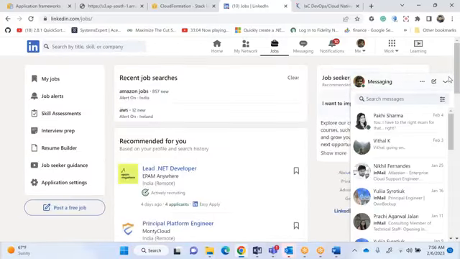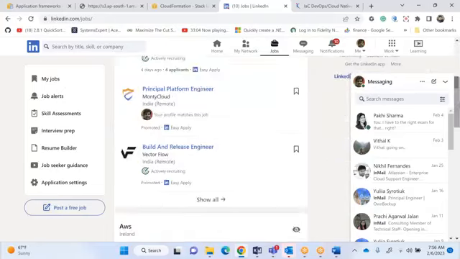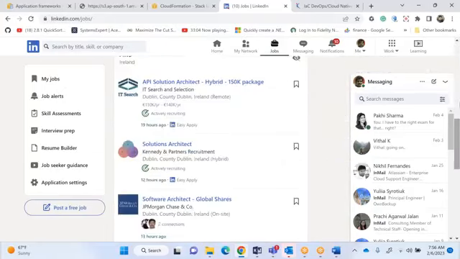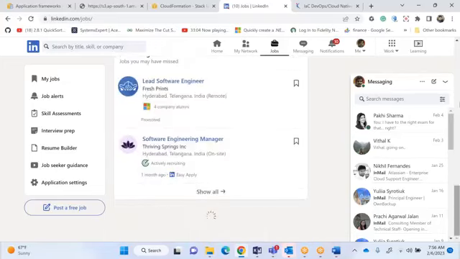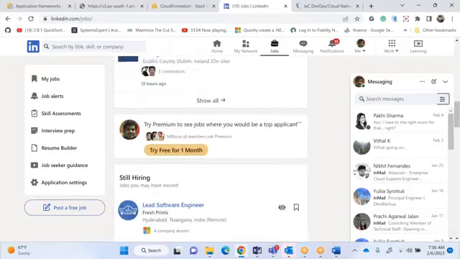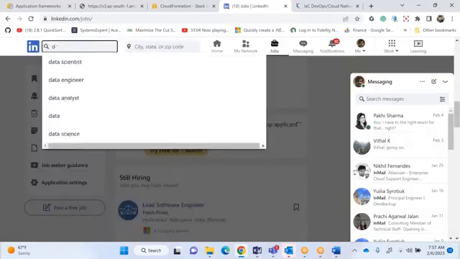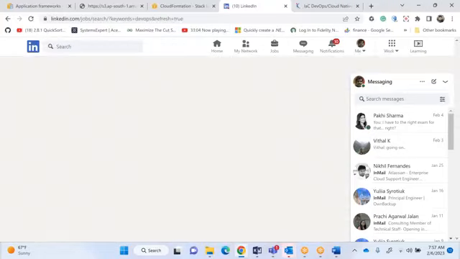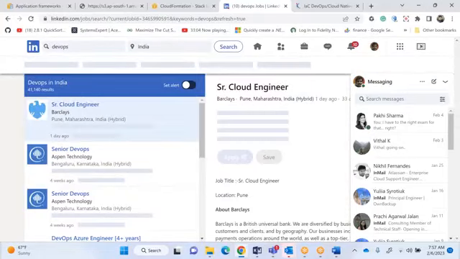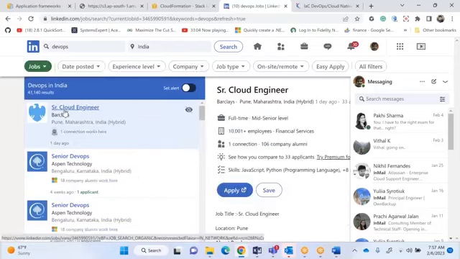I am looking for Dublin. Let's take an example. Let's go and type here, DevOps. Is it senior DevOps, maybe Pune locations. Let's see what is their requirement.